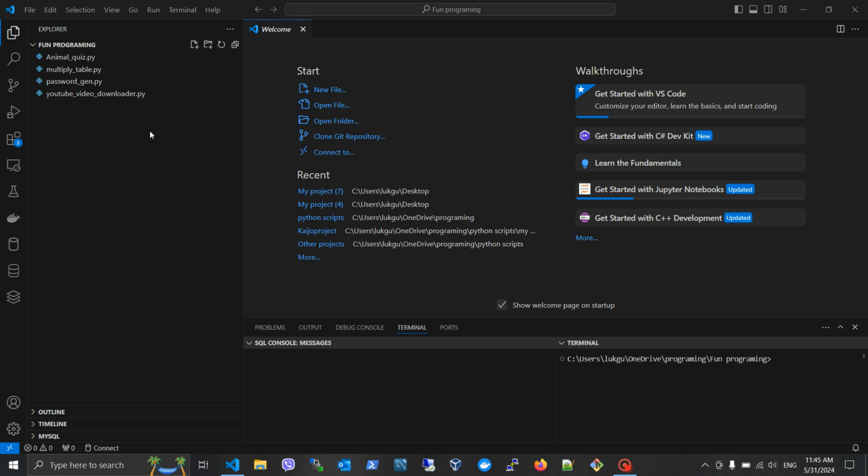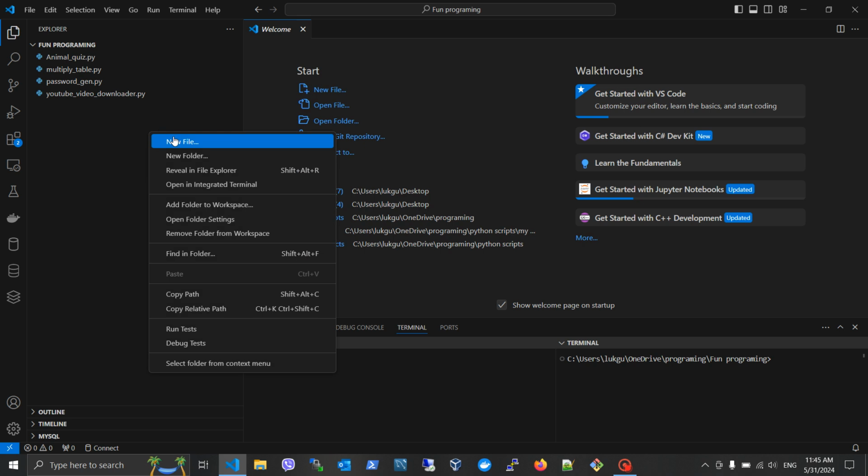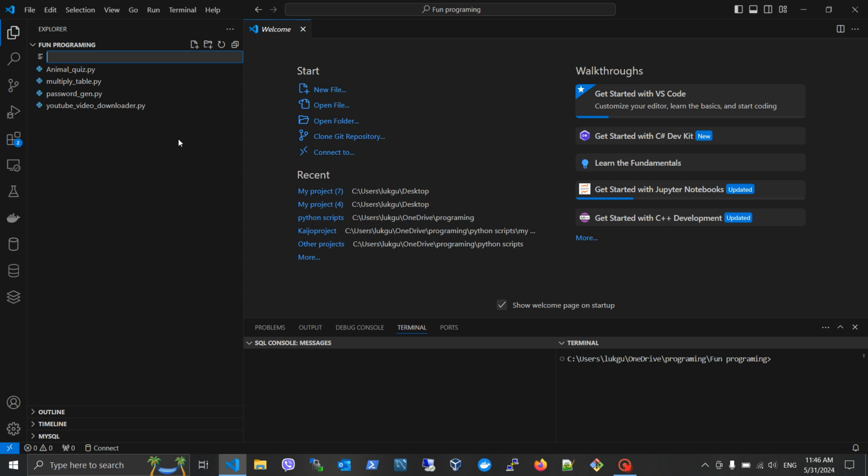First of all, we need to make a new Python file. If you have downloaded Python, I also recommend downloading VS Code, and if you haven't downloaded anything at all, I will have a link in the description for download. If you have downloaded VS Code and Python too, let's create our new file, and I will name it